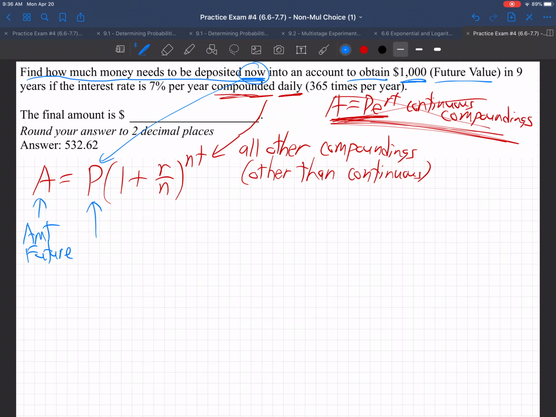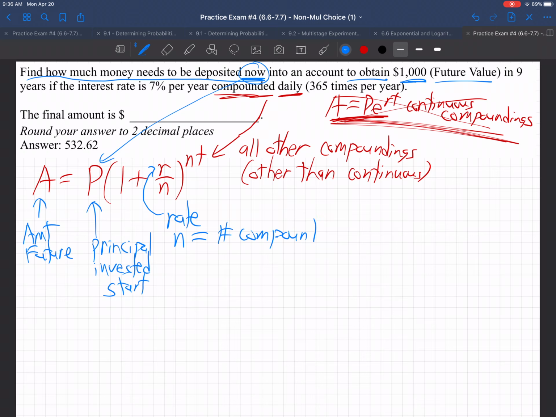The P stands for principal invested at the start. The R is the rate. The N is the number of compoundings